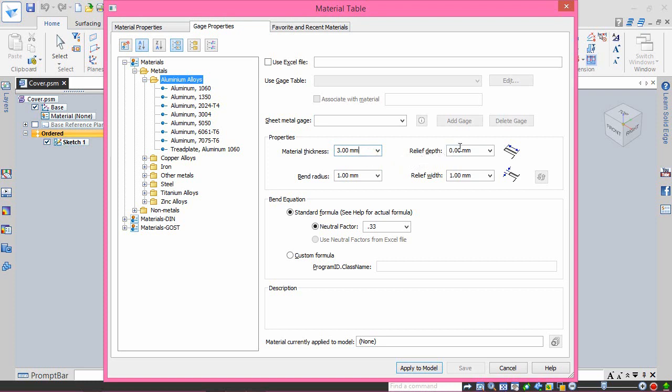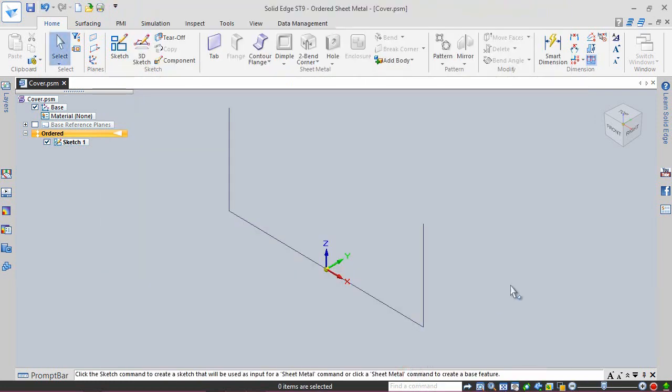In relief depth, fill 1.5 mm. Relief width will be 3 mm. Save all the changes by clicking Apply to Model button.